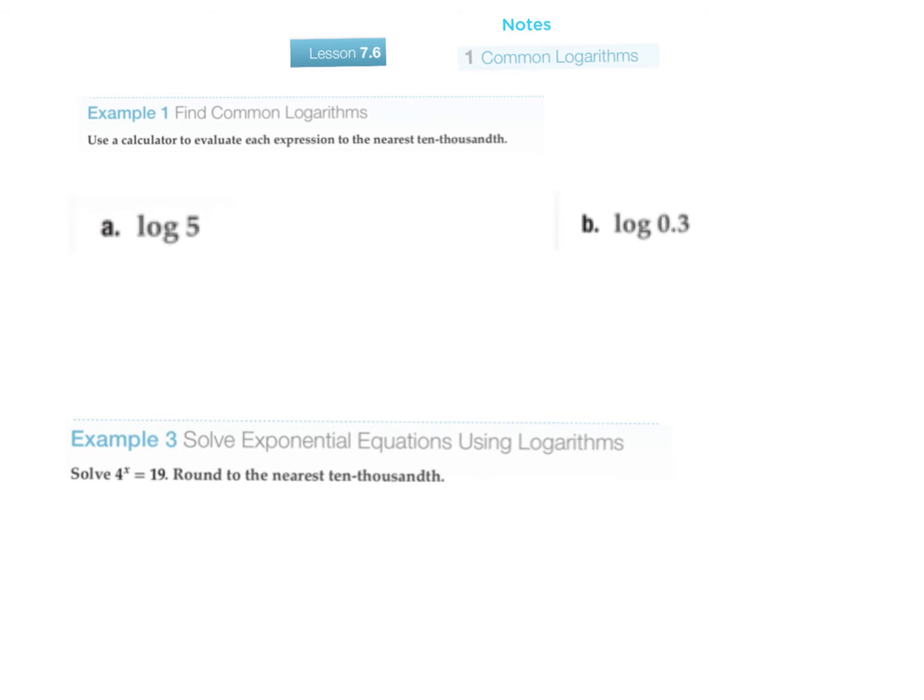All right, what we're going to do is use what's called common logs. And common logs are on your calculator. And so we can actually just press this into our calculator and get an answer. And we want to make sure we round or express it to the nearest 10,000ths, which is 4 decimal places. So when you press this in your calculator, log 5, and you'll see the log button on your calculator, you'll get